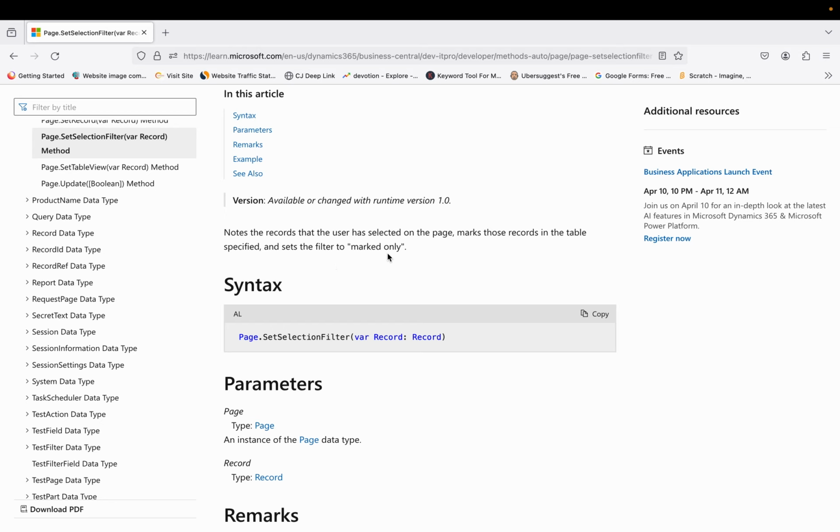So that's a simple definition it has, and the syntax is also very simple. We have to pass the Page.SetSelectionFilter and then the parameter. Page is the instance of the Page data type. So